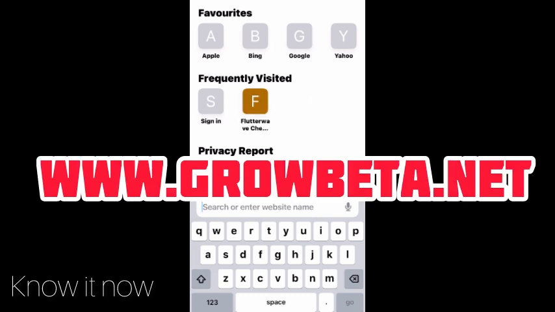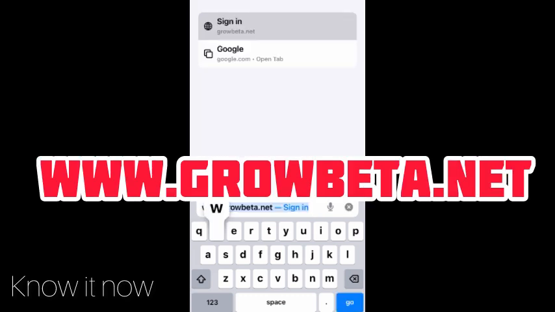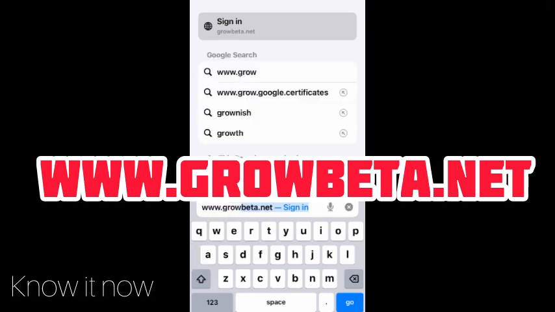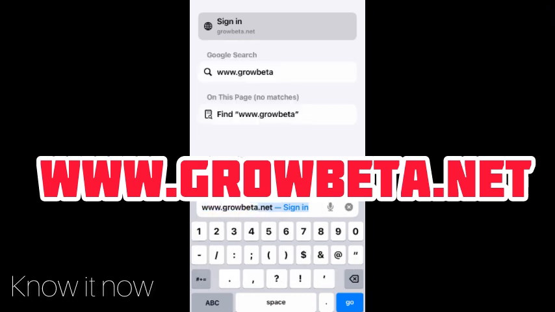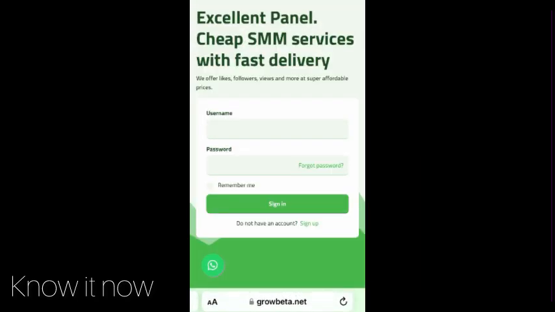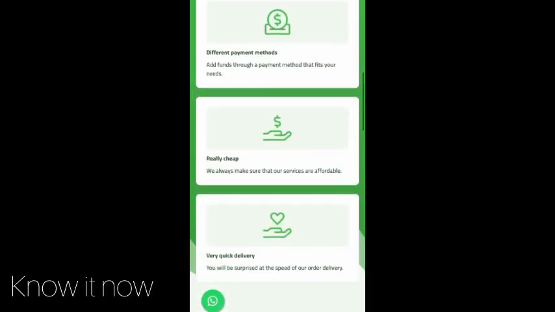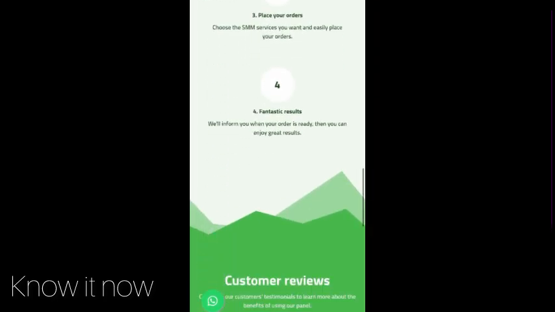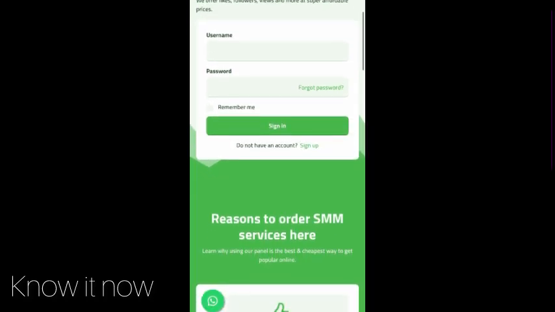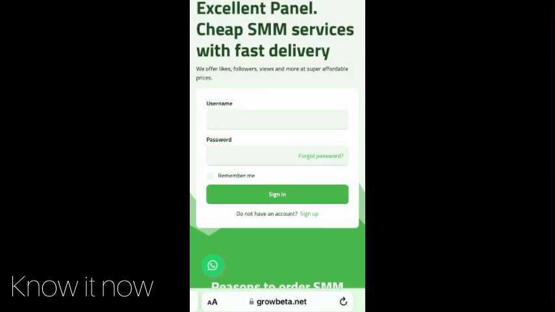First thing first, just go to any of your search browsers and search www.growbetter.net. Once you search it, it will bring you to this space. As a first timer, this is how the website is going to display. Growbetter.net is a website where you boost all your social media services like Instagram, TikTok, YouTube, Telegram, Audiomack, and other social media apps. And in this video, as I said earlier, I'm going to be showing you guys how to